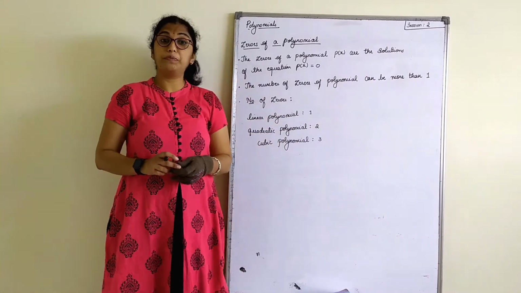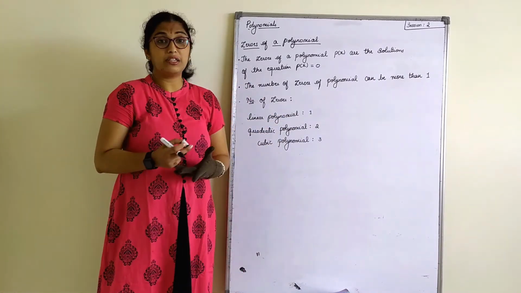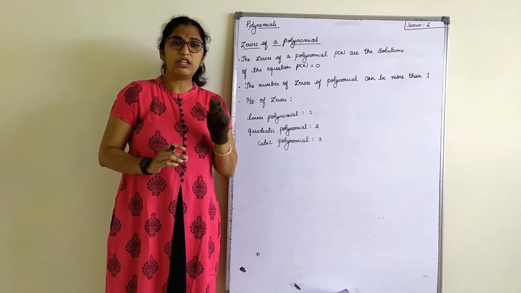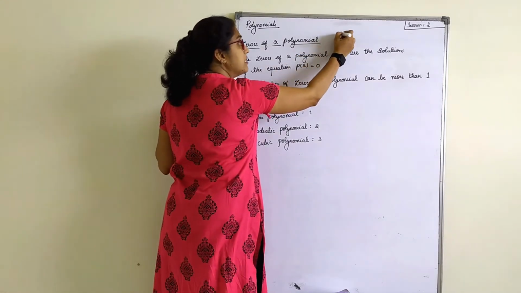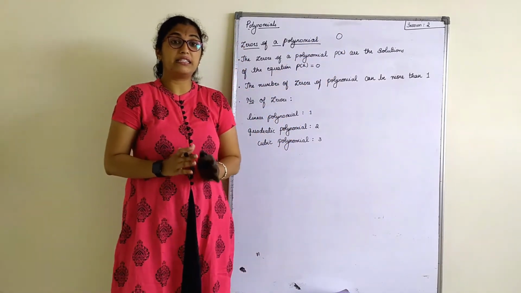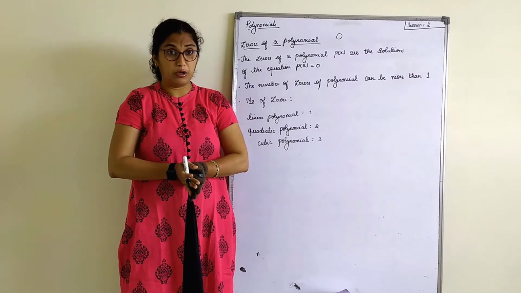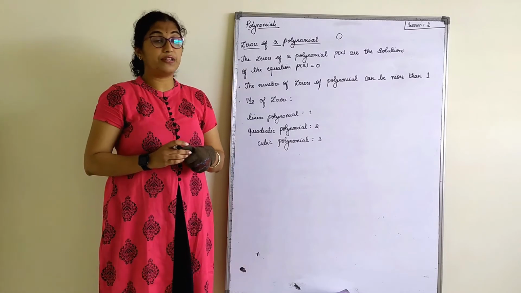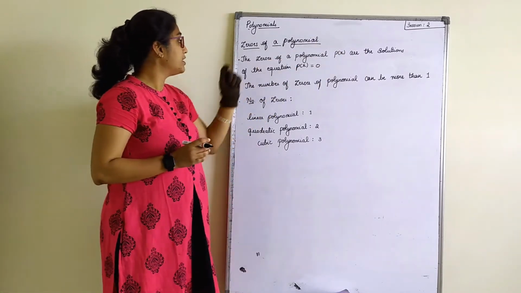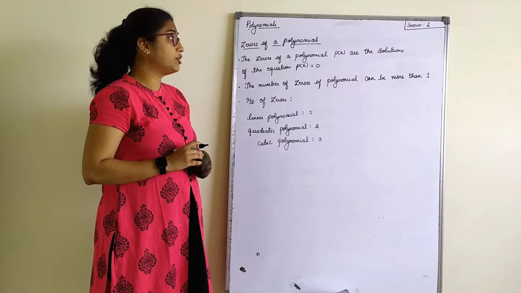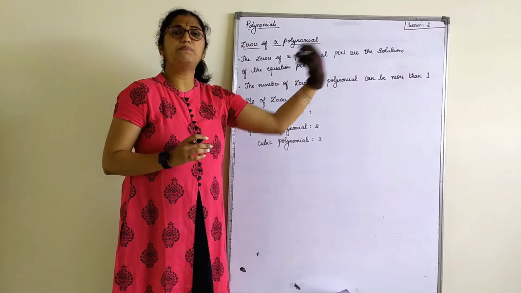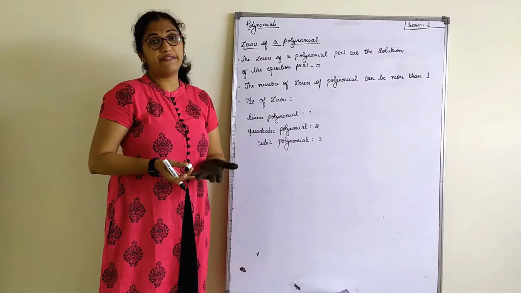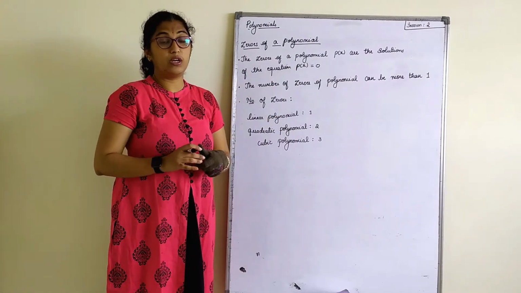So now let's proceed with the next part: zero of a polynomial. Now what is the zero of a polynomial? In simple terms, the zero of the polynomial is not 0, but it is called a solution of the given polynomial, right? For that solution, we call it a zero of the polynomial. So it goes like this. The zeros of a polynomial p of x, where p of x is whatever polynomial I give you, are the solutions of the given equation p of x is equal to 0.